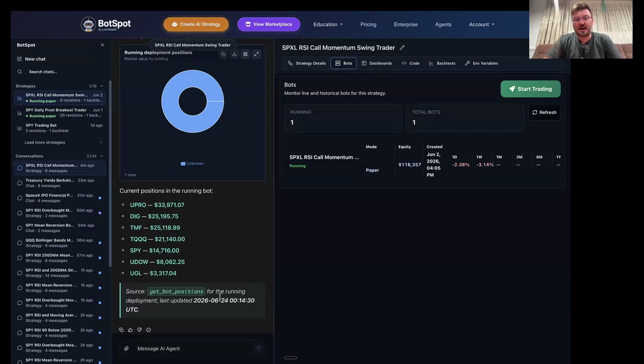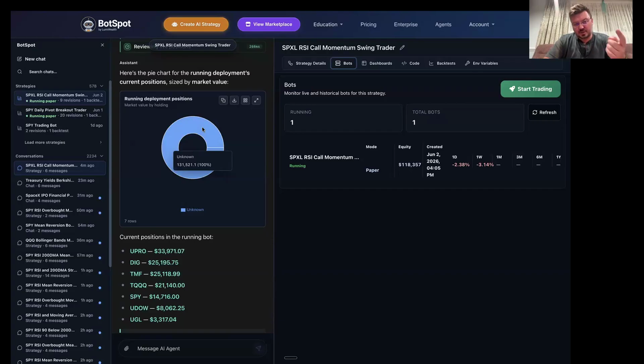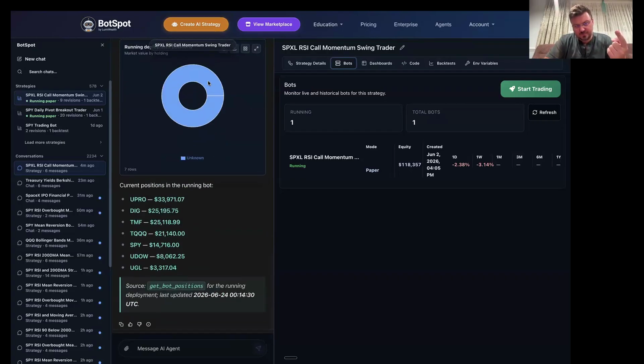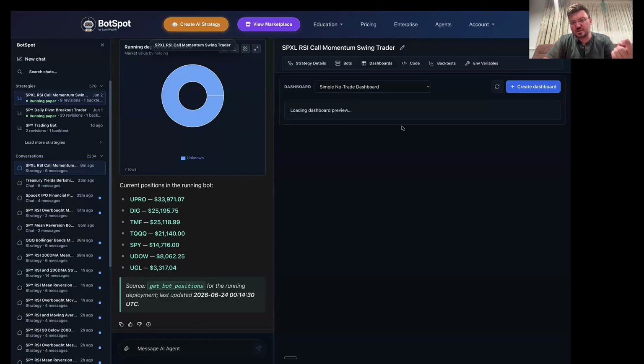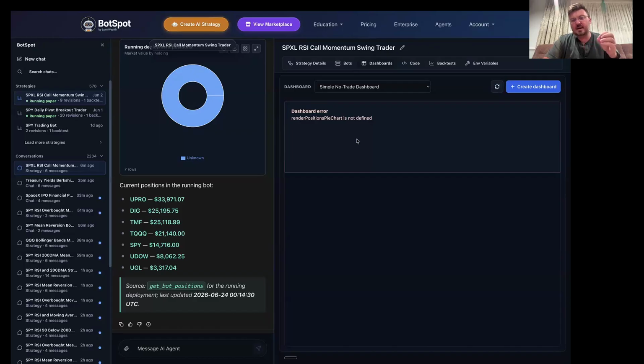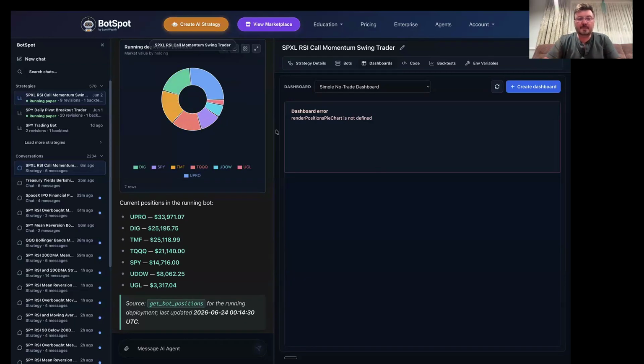This is a little snapshot within the actual conversation, but we also have another feature called dashboards that right now is not fully working, but will be able to provide real-time information. You'll be able to set up a dashboard and actually watch it in real time. And I think that's probably what you'd want here.